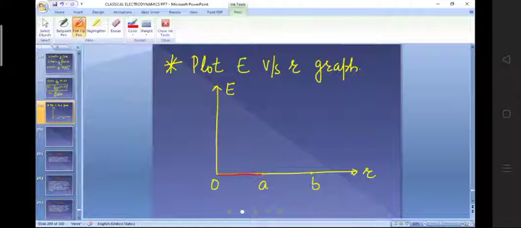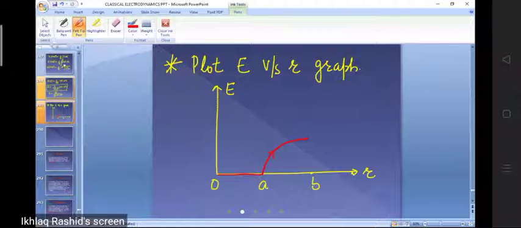Okay. And there's a method to plot this curve. You have calculated the electrostatic field between A and B. Now you can take some intermediate values between A and B, calculate the electrostatic field at this point, this point, this point, then calculate their derivatives. You will see that the derivatives are going to decrease; the slope is going to decrease. And then if you calculate the electrostatic field just at the point B and differentiate it, you will see that it comes out to 0, which implies that the electrostatic field here is maximum. So this is the graph.